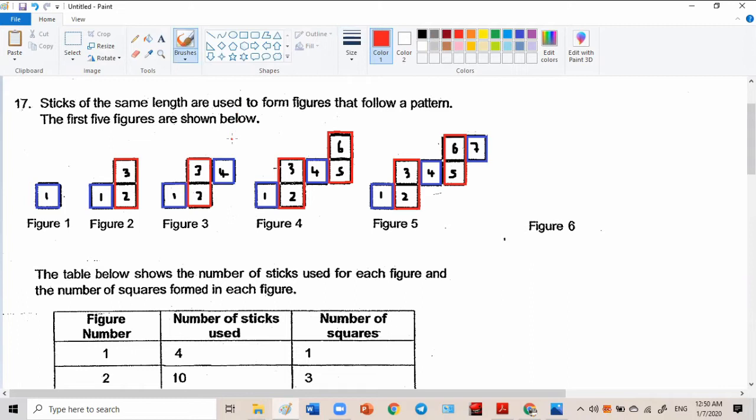Okay, welcome people. Today's lesson is on number patterns. As you can see, the question says that sticks of the same length are used to form figures that follow a pattern. The first five patterns are shown below. Well, take a look at the pattern. First, we have a blue square for figure 1. This is followed by a blue square, but we added two vertical